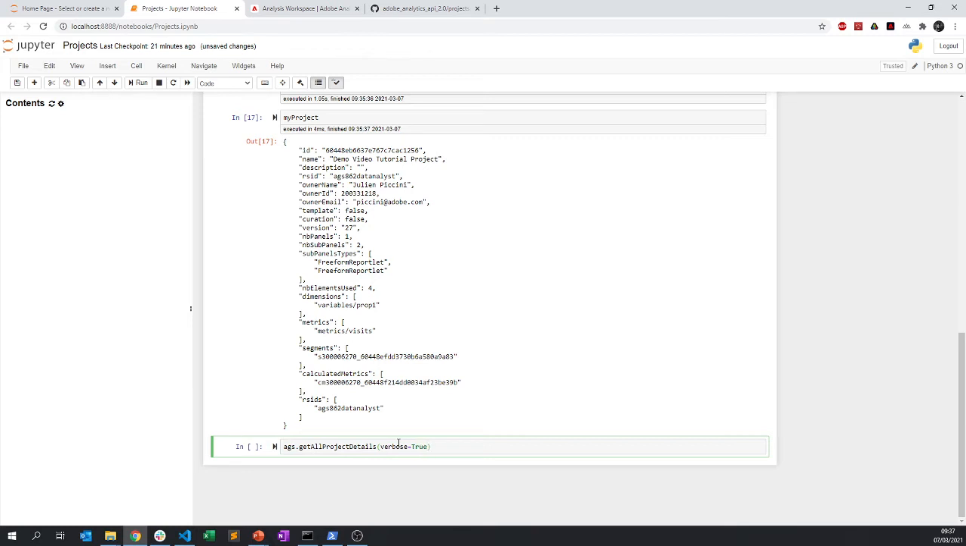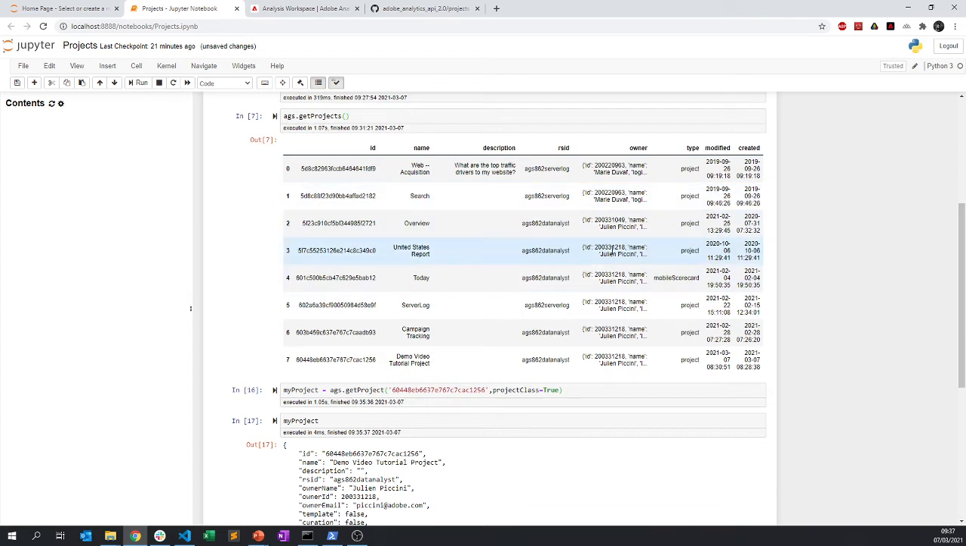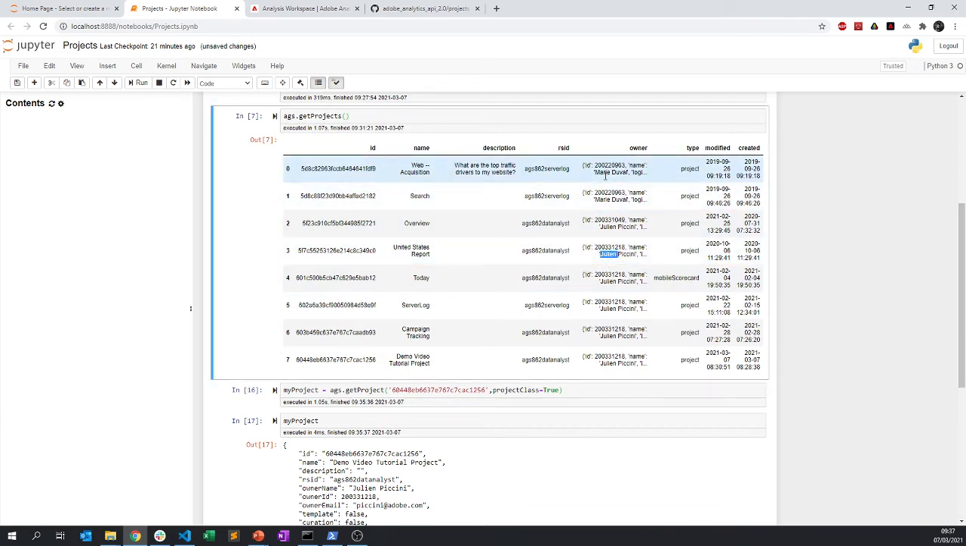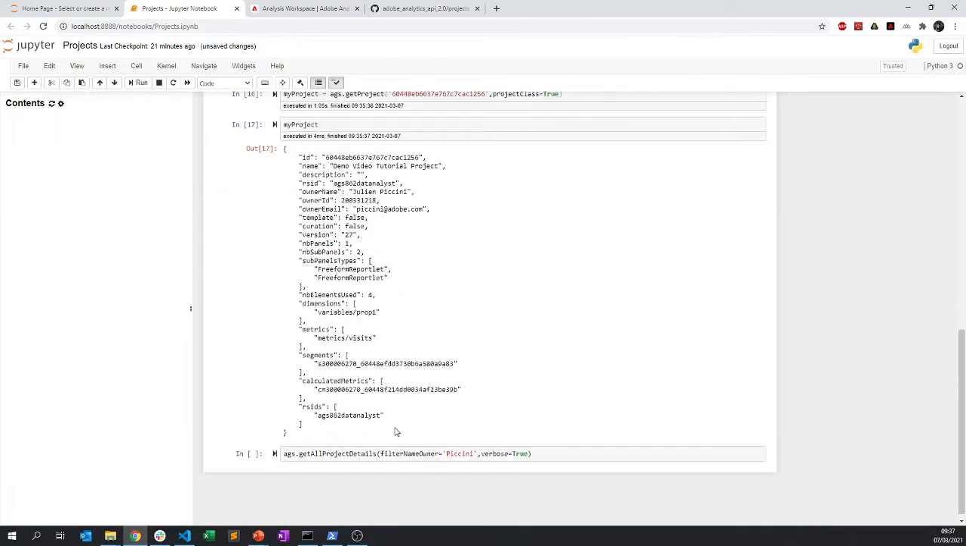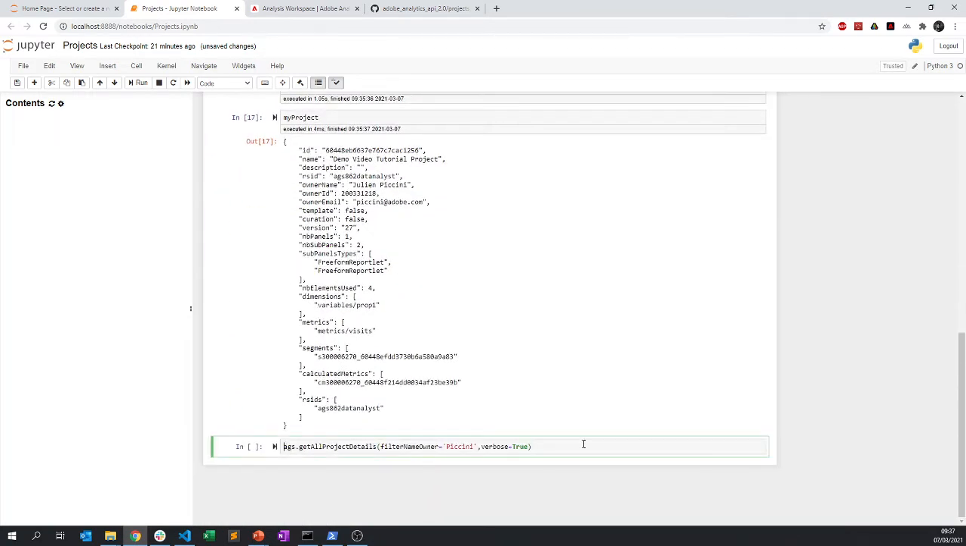Variables equal true, but I will also want to do filter name owner, and I want to retrieve all of my projects. So my projects, you can see, contain the name Piccini or Julian, and I have two projects that have been done by Mary here. So you have 8 projects in total. I'm expecting to retrieve 6. So I'll go to my projects